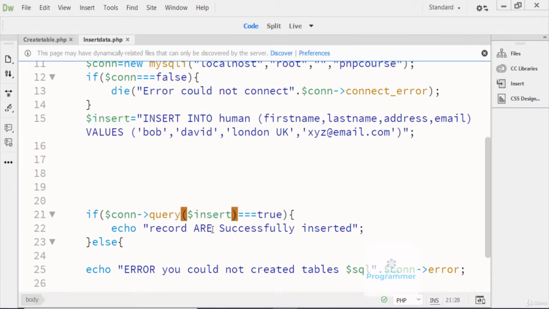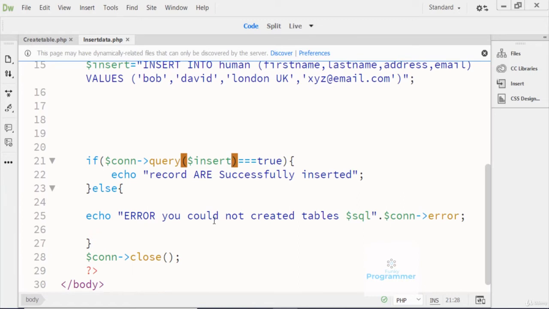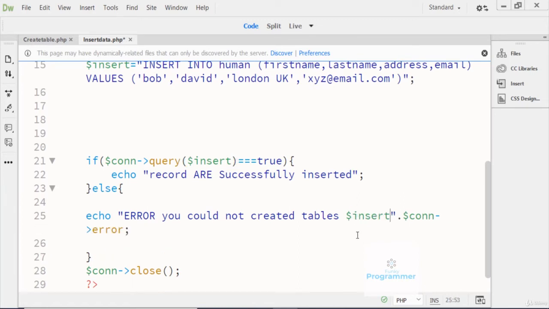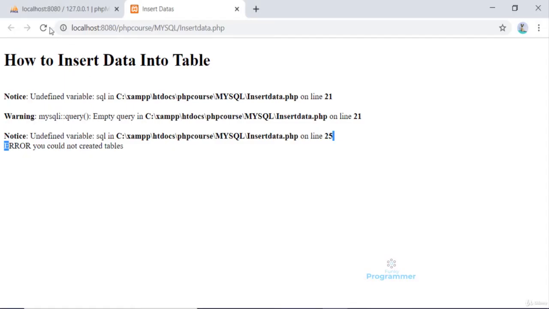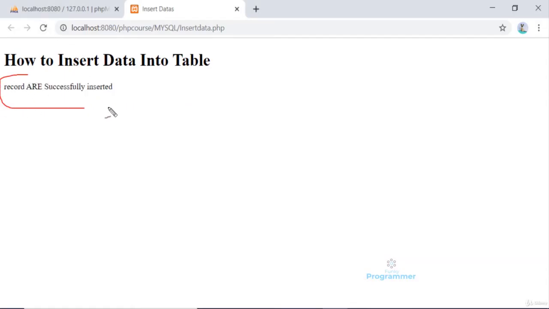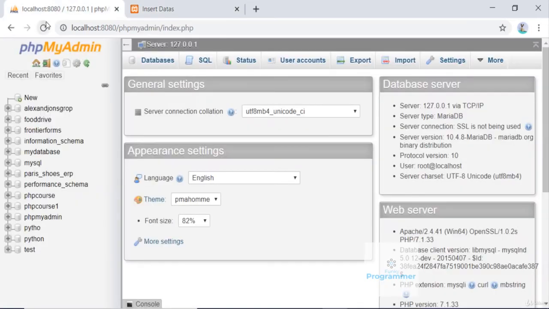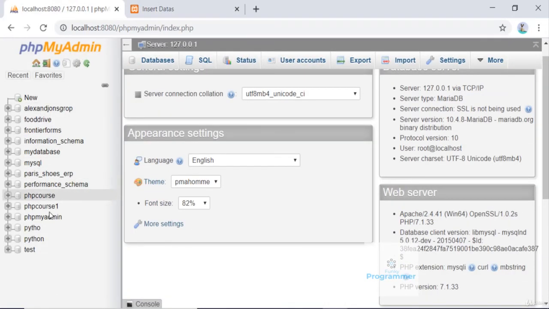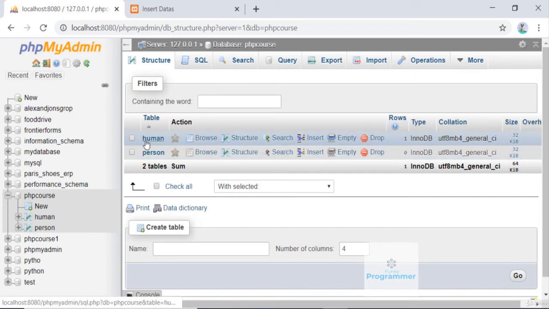Okay, and where's line 25? The 25 here is also an insertion query. Okay, now it's fine. Now I just run it again. So you can see here the record is successfully inserted. When I refresh this XAMPP server, you will find in the PHP course, and then human,